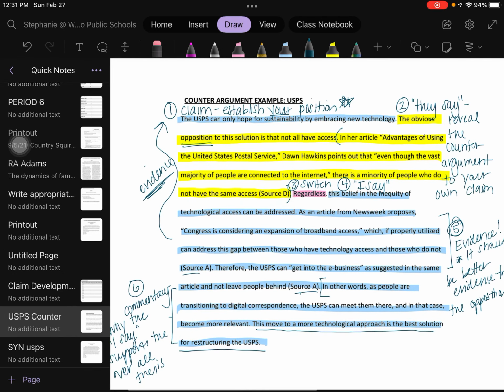So looking at this counterargument as a whole, one thing I wanted to point out to you, and that's why I use different colors, is you will notice that the vast majority of this paragraph is spent developing your position. And that's how a counterargument should always be. I am going to briefly acknowledge my opposition in the they say, but I am going to spend the majority of my body paragraph switching it to the I say, and then developing that argument with evidence and explaining how that evidence proves what I'm trying to say in the essay.